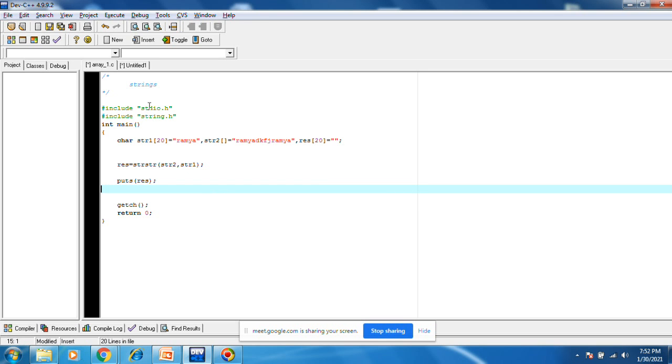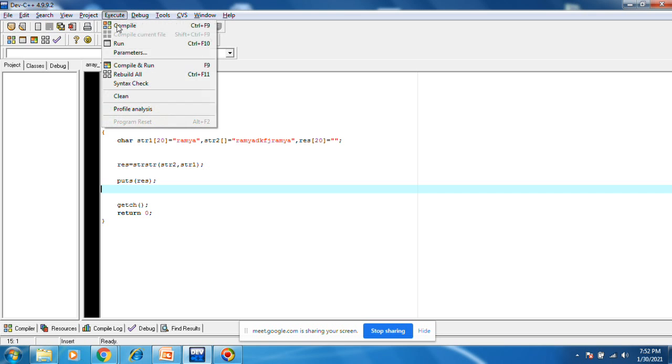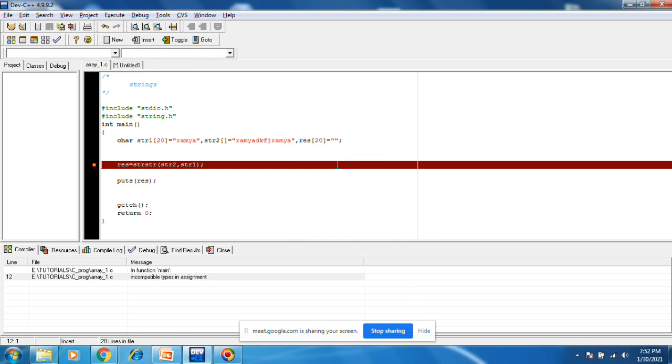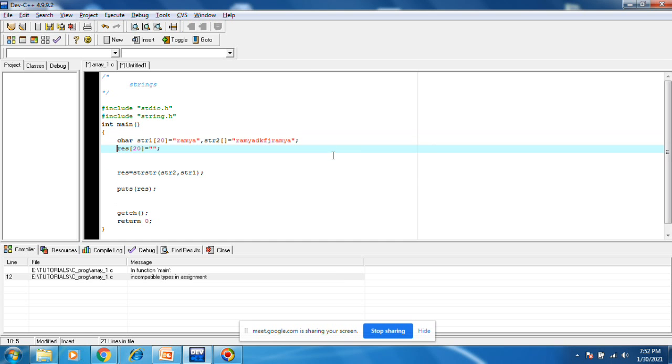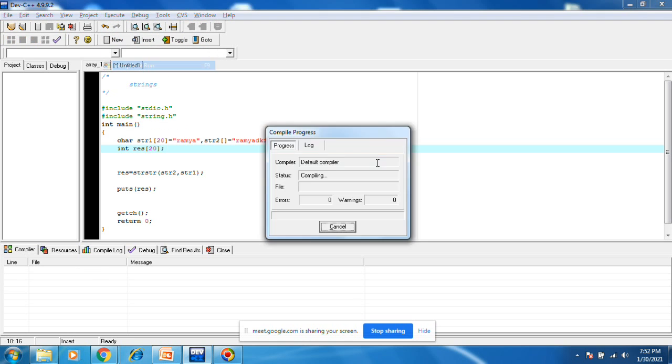Let's try this one. What will happen? Execute, compile and run. Incompatible types. Okay, the type is incompatible. Let's go to int here. Save, execute, compile and run.